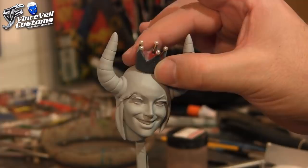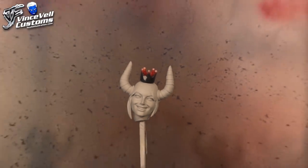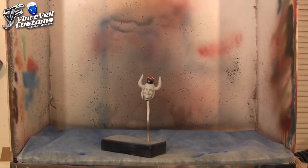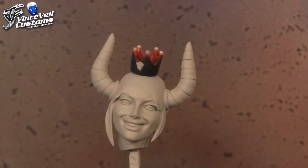for the head. Alright, so I put the Aves inside, I locked it in place. I just put the crown on top of the head just for now, just so I can actually get a look at it. This is actually like 4 feet away from me right now. What I like to do is walk away from the piece and get a feel of scaling. And I think this is a good scaling because I think once I put the hair on